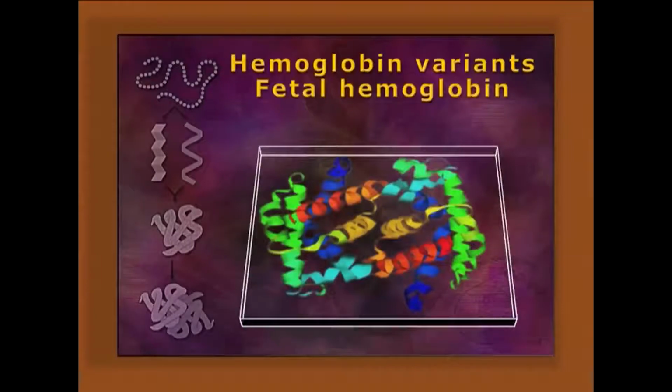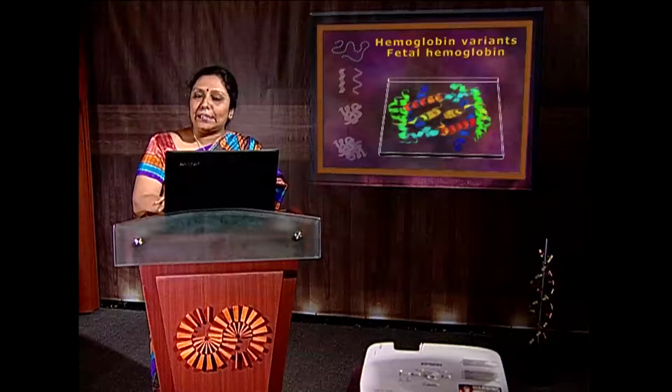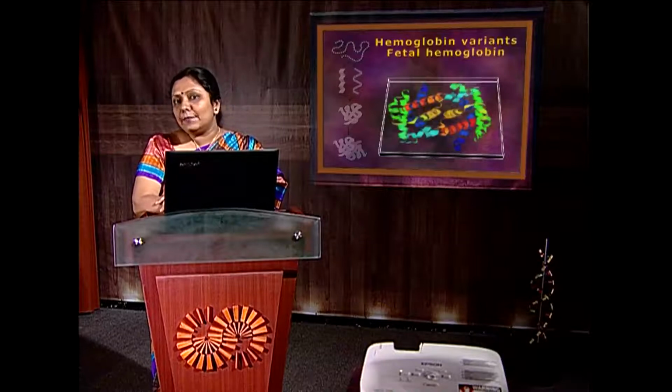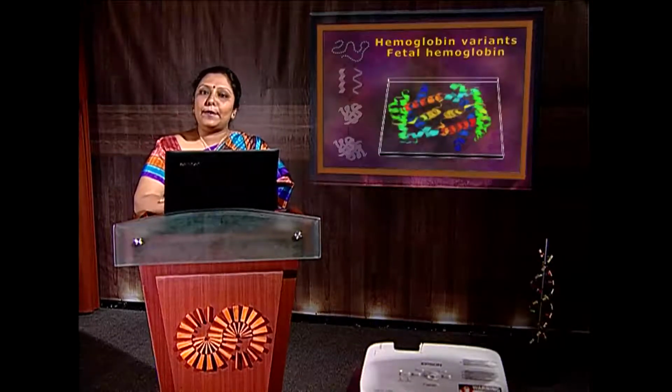The hemoglobin variants: the fetal hemoglobin, as we know, is called HbF, apart from which we can find the main adult hemoglobin, hemoglobin A2, that is alpha 2 beta 2. The thalassemic hemoglobin is alpha 2 delta 2. In case of fetal hemoglobin, that changes during the embryonic development. First, it is zeta 2 epsilon 2 in the early embryo, but after some time it is getting converted to alpha 2 epsilon 2, and in 6 months old it is getting converted to alpha 2 gamma 2. Then only after birth the gamma 2 is getting converted to beta 2.